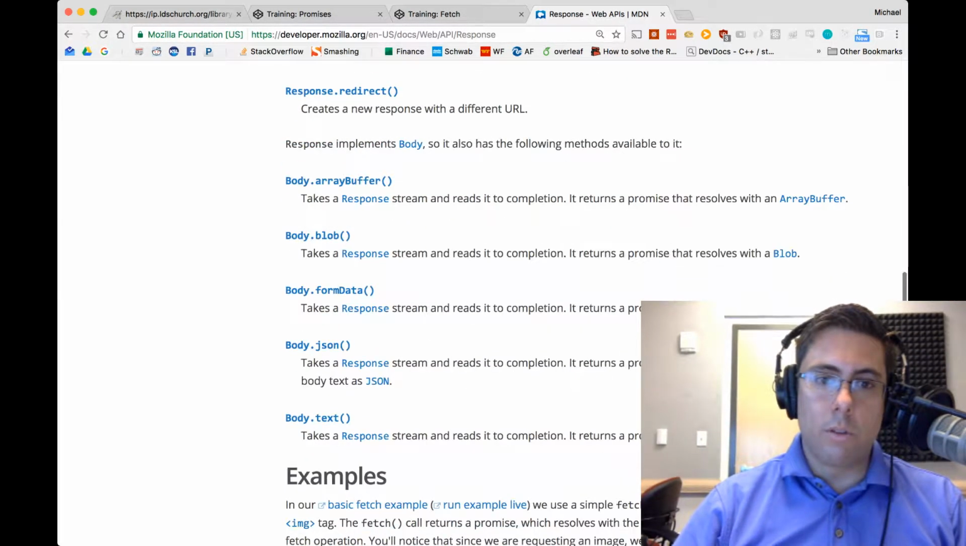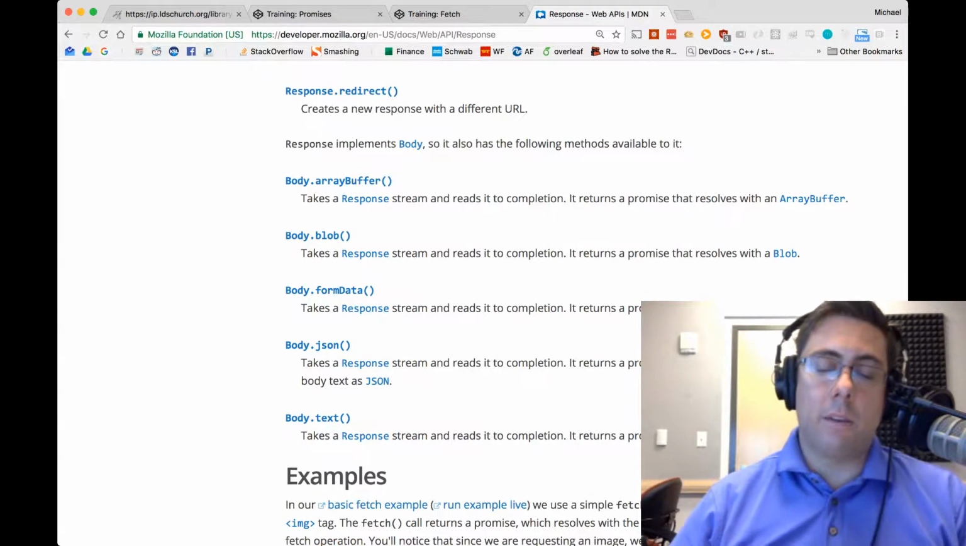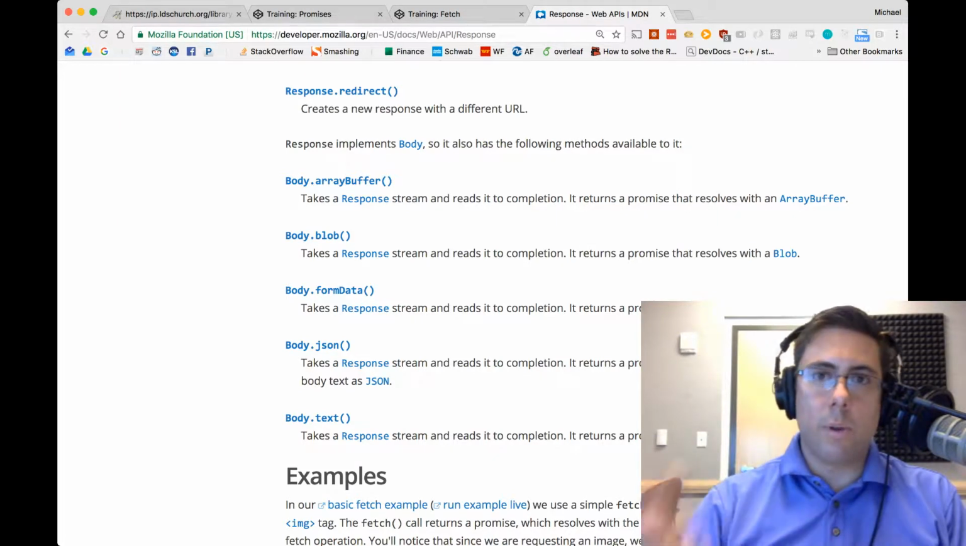A common one we'll use is json. It takes a response stream and reads it to completion. It returns a promise that resolves with the result of parsing the body text as JSON. If you think about the network pipeline, when we make a request and get something back, the very first thing we get back is like our head request. It tells us here's the status, and after that we continue to get the body of the response. So .json, we're going to be able to call as soon as we get a response back,